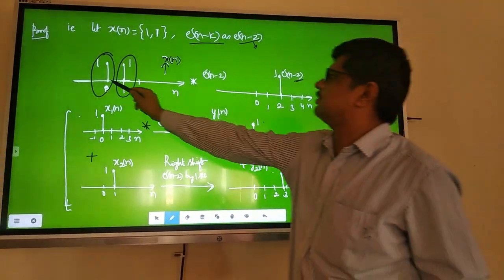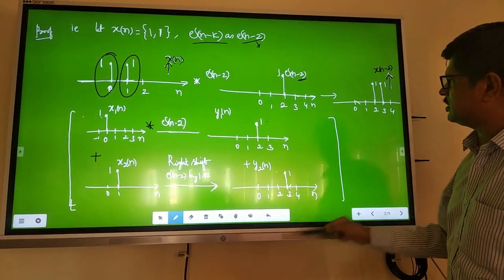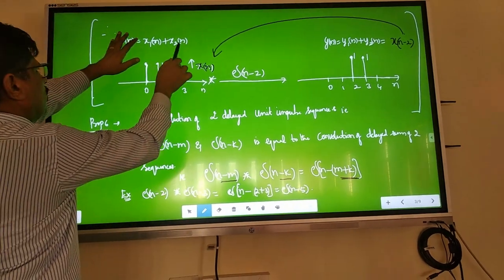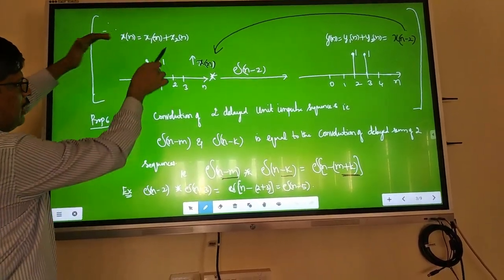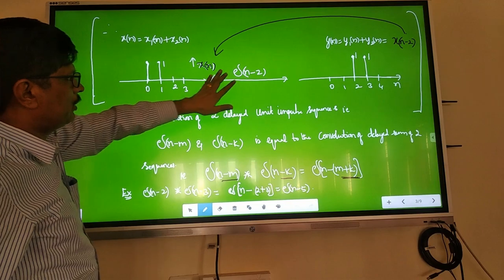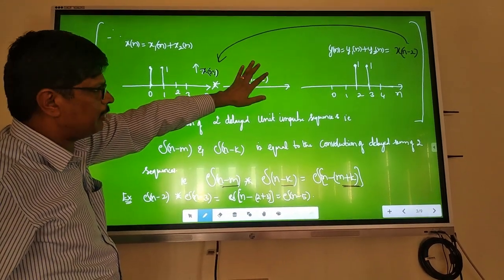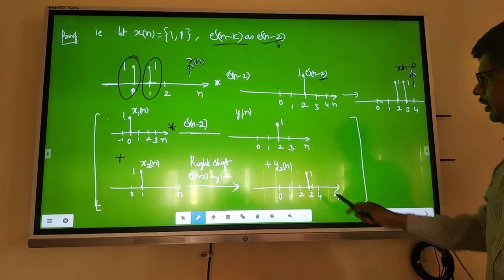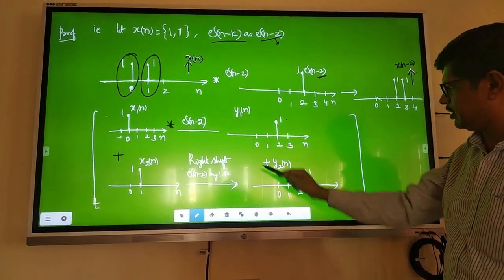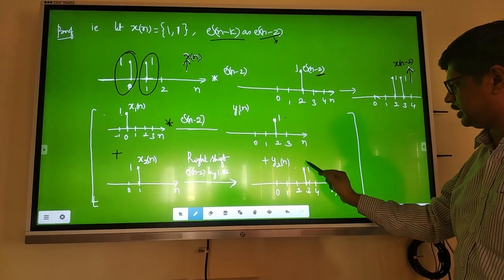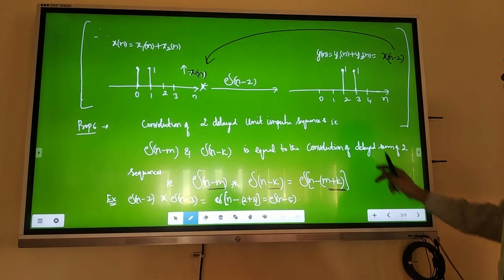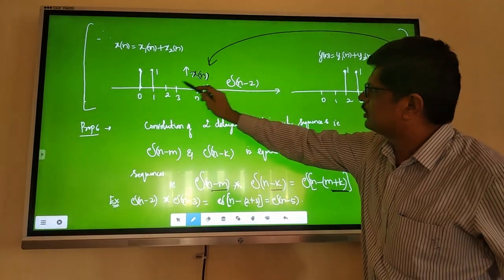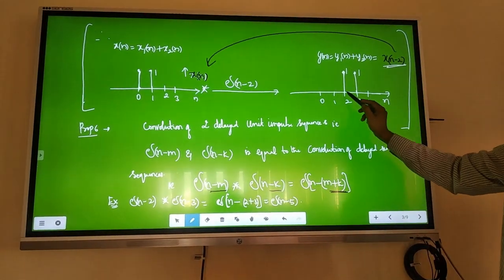Now this y1 of n and this y2 of n, only 2 sequences are there. Then add these two, you will get the answer. See now, the input x of n is equal to x1 of n plus x2 of n. Input side it is the same as your x of n. Then that is convolved with delta of n minus 2, which is equal to... Now see, at 2 you will get 1. At 2 it starts, at 0 nothing is there, at 1 nothing is there. At 2 it is 1, at 3 it is 1. Therefore, you will get the answer as 1 at 2, 1 at 3, which is nothing but your x of n shifted by 2 samples only.